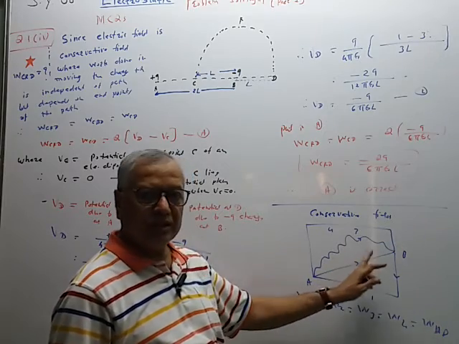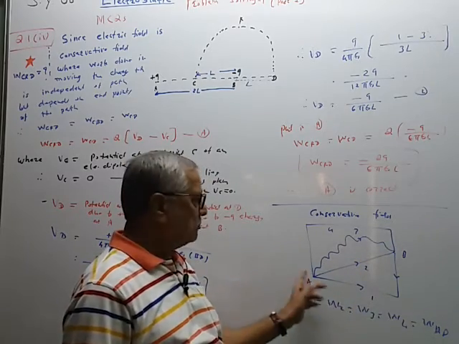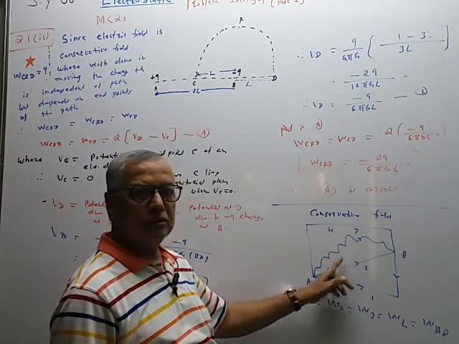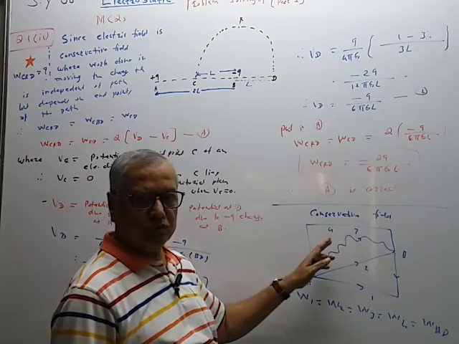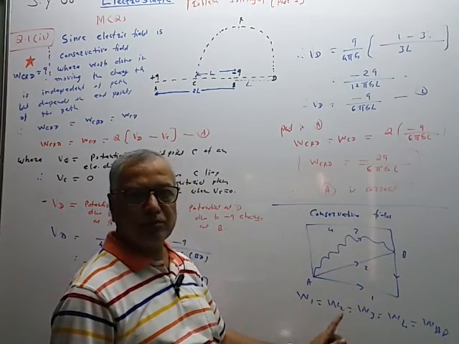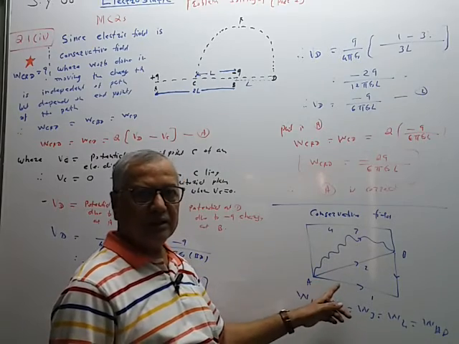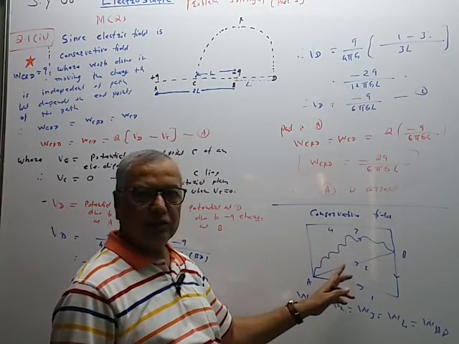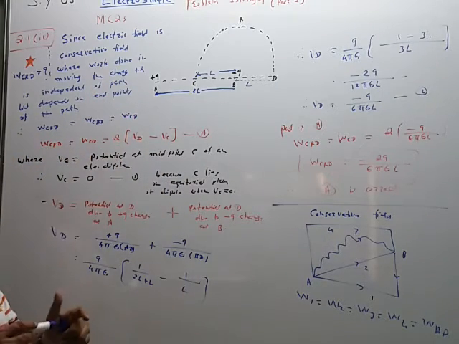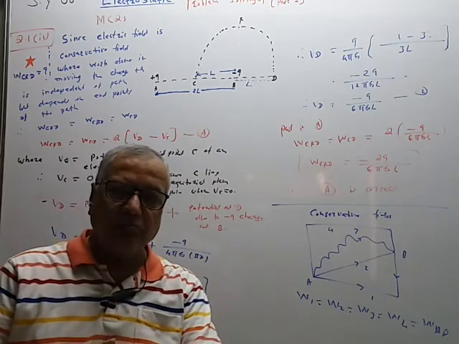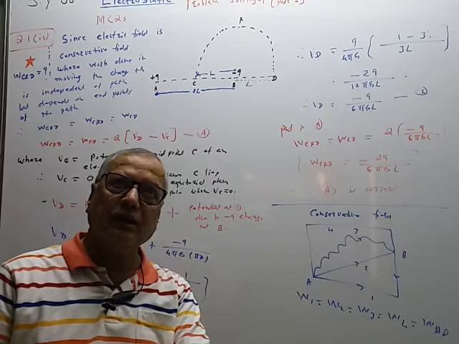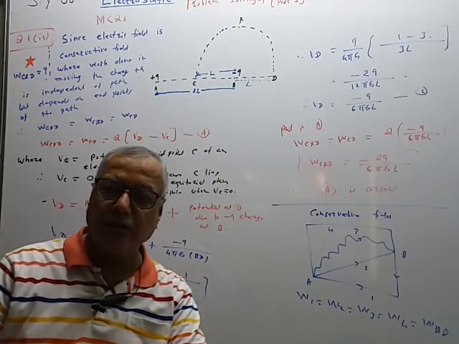As long as end points A and B are fixed, the value of work done is fixed. Whatever the path, it is independent of path. This is the property of the conservative field, conservative force. Work done against the conservative force has this special property. Gravitational field is a conservative field. Electric field is also a conservative field, and therefore we can use this property directly. We should know the property of the conservative field. Magnetic field and nuclear field are not conservative fields. This property does not apply there.